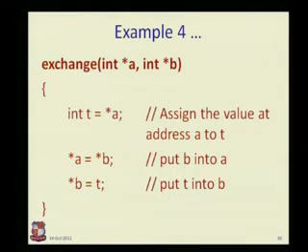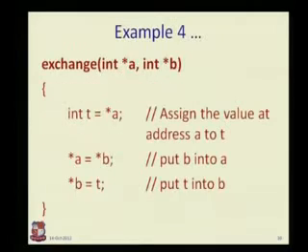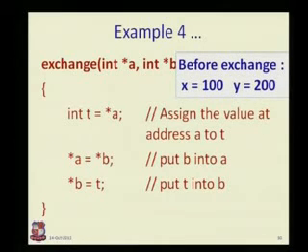So now let's see, *a is equal to *b. What does this do? This puts the value of b into a, and the last statement puts t into b. Now t is having value 100. So *b will become 100 and *a will become *b. *b, what we have passed, is 200. See what we have written here. Before exchange the values of x and y were 100 and 200. So what happened here is I passed the values and they are swapped, b to a and then t to b. I have explained how t becomes 100 and then 100 is assigned to b.